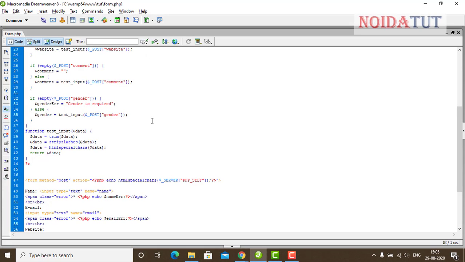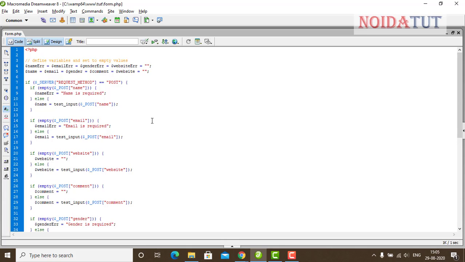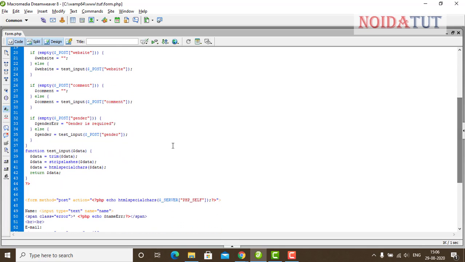This is the function where we were working previously. Now on server request post, if the user has entered a not empty post, what is it going to do? We have already done up to here in our previous tutorial.